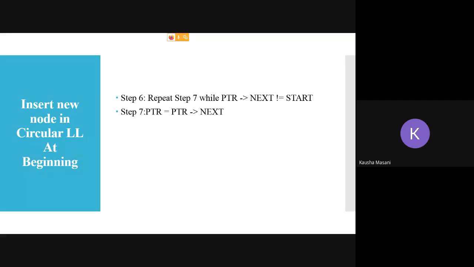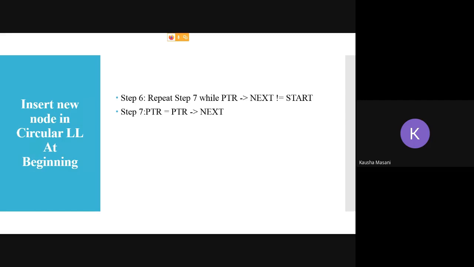So that is where you are going to come to know that you have reached the end of your circular linked list. When the pointer part of the last node and the value of start are equal, at that time you can say that you have reached the last node of your circular linked list.